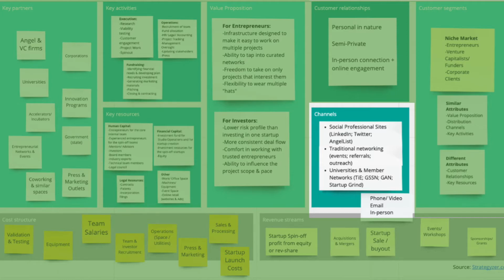To develop and maintain a strong network of entrepreneurs, a startup studio needs to put a lot of effort into being active on social media sites like LinkedIn and Twitter, and they need to find and connect with investors. The studio might be diligent with outreach, both online and offline, on sites like AngelList and offline and traditional networking venues. But other channels of importance for startup studios are university-based career centers and innovation-specific membership networks like Startup Grind,